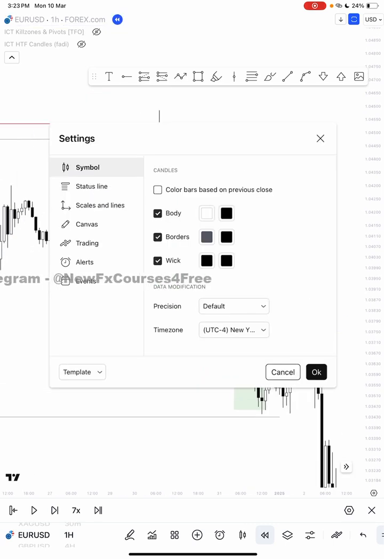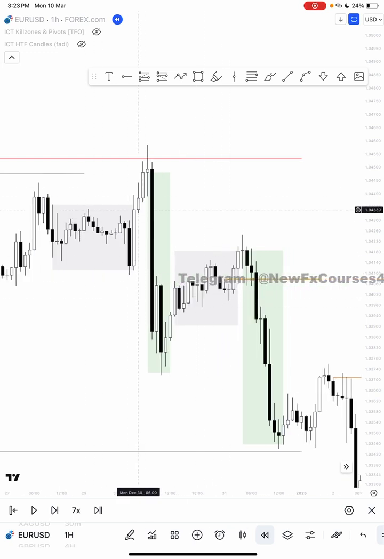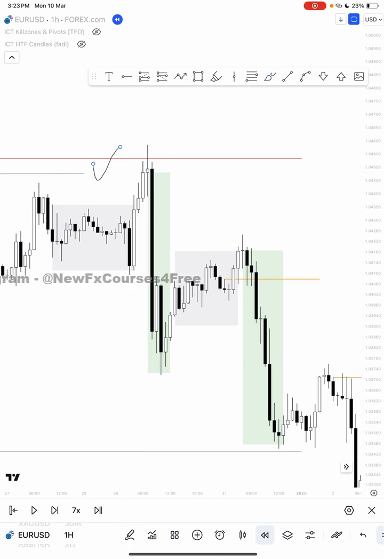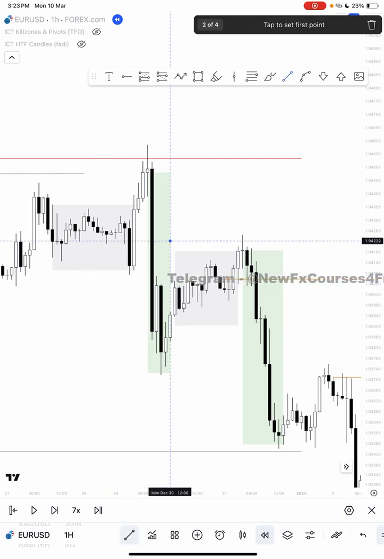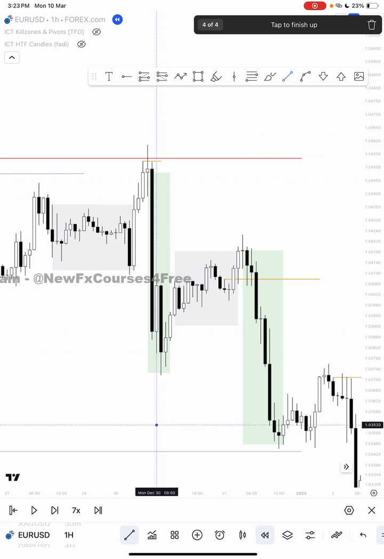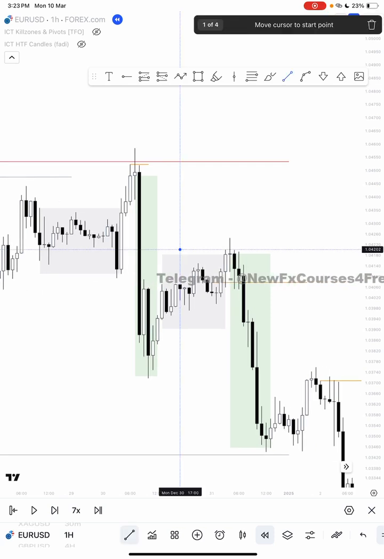So here we got a ranging profile first. Here we got a ranging profile, took our higher time frame, daily time frame range high first, tapping on our key level, then sweeping this high, then closing back into the range. You got your long wick and expansion to lower prices. Then range, you got your turtle soup,